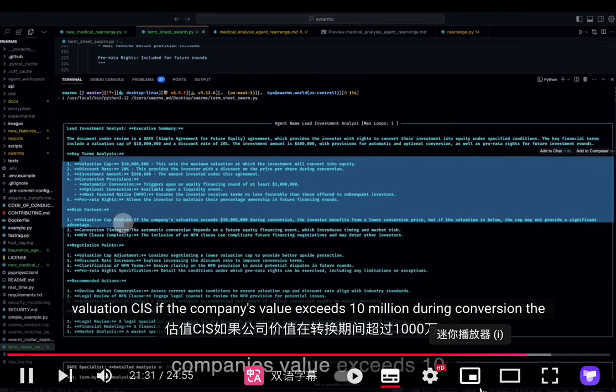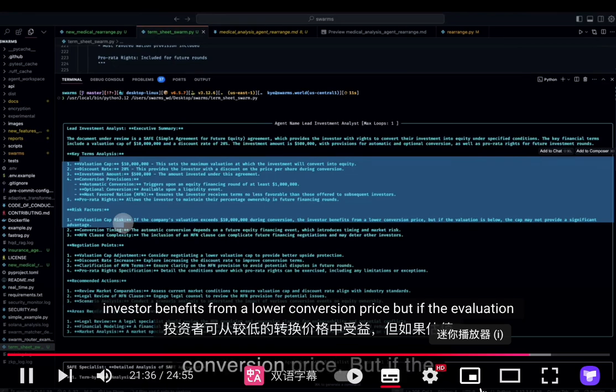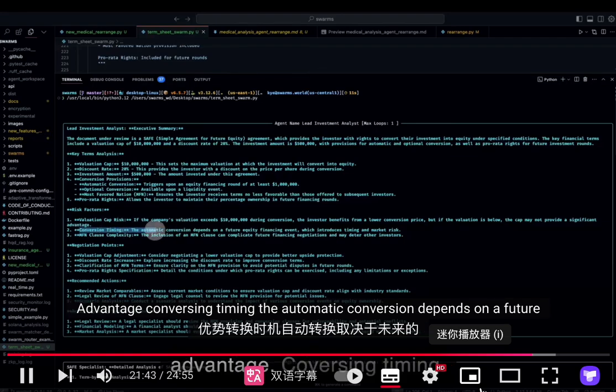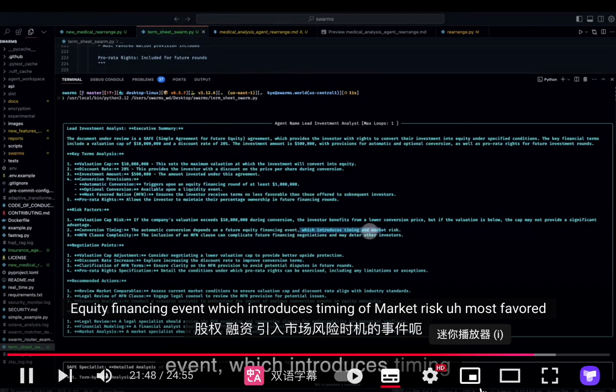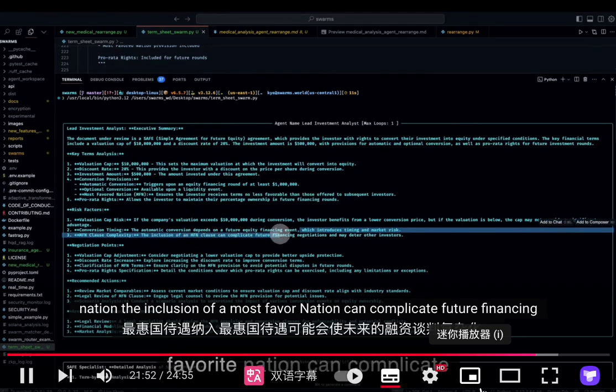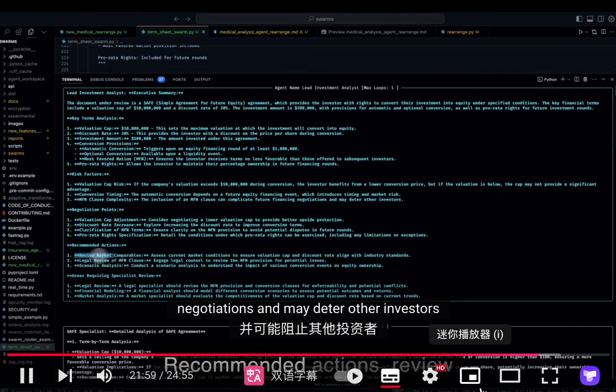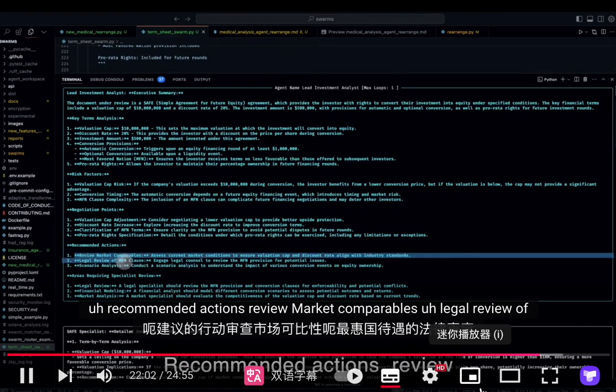If the company's value exceeds 10 million during conversion, the investor benefits from a lower conversion price. But if the valuation is below the cap, it may provide a significant advantage. Conversion timing. The automatic conversion depends on a future equity financing event, which introduces timing and market risk. Most favored nation. The inclusion of a most favored nation can complicate future financing negotiations and may deter other investors. Recommended actions. Review market comparables, legal review of MFN,